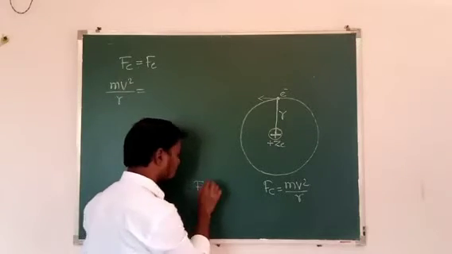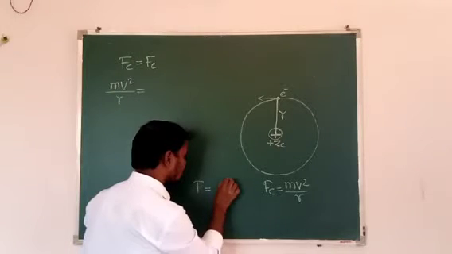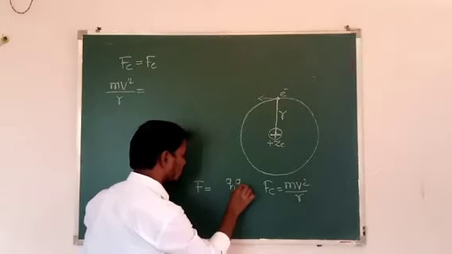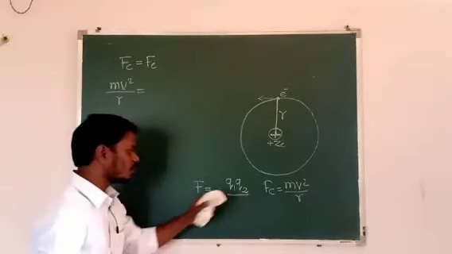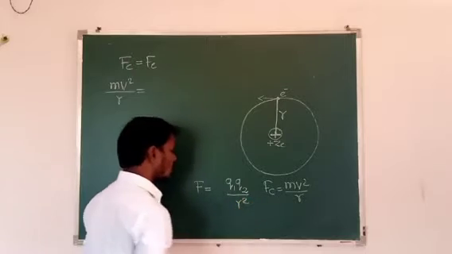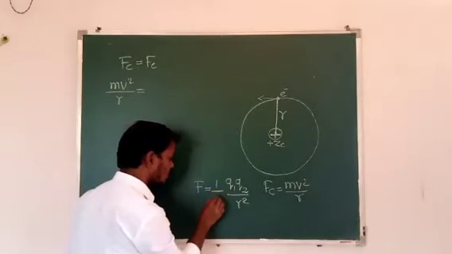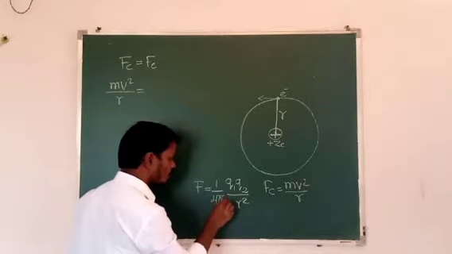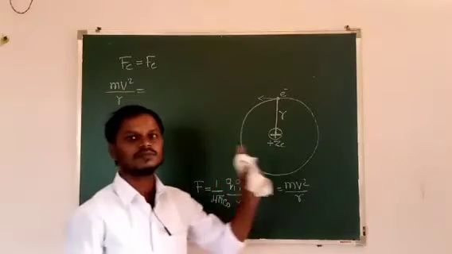The force between two charges is directly proportional to the product of the magnitudes of the two charges and inversely proportional to the square of the distance between them, that is r square. And we are going to remove this proportionality by using the constant, that is 1 by 4 pi epsilon naught. So what is epsilon naught here? It is the permittivity of free space.